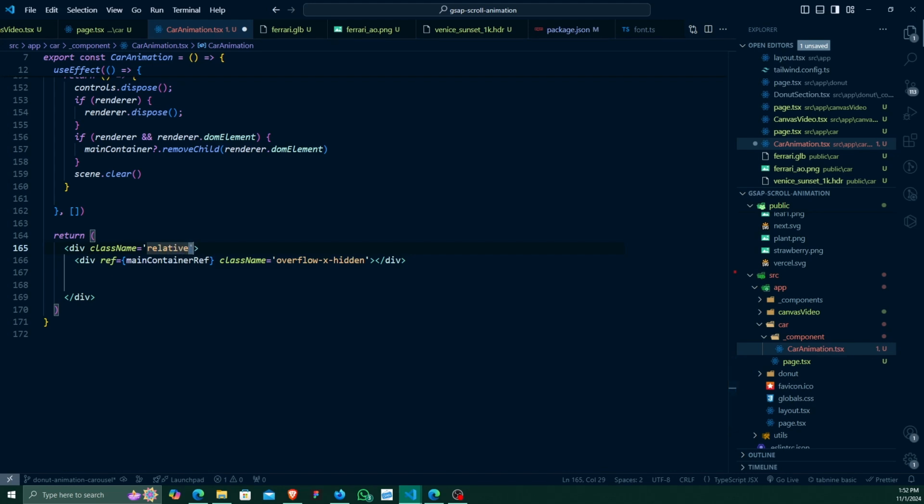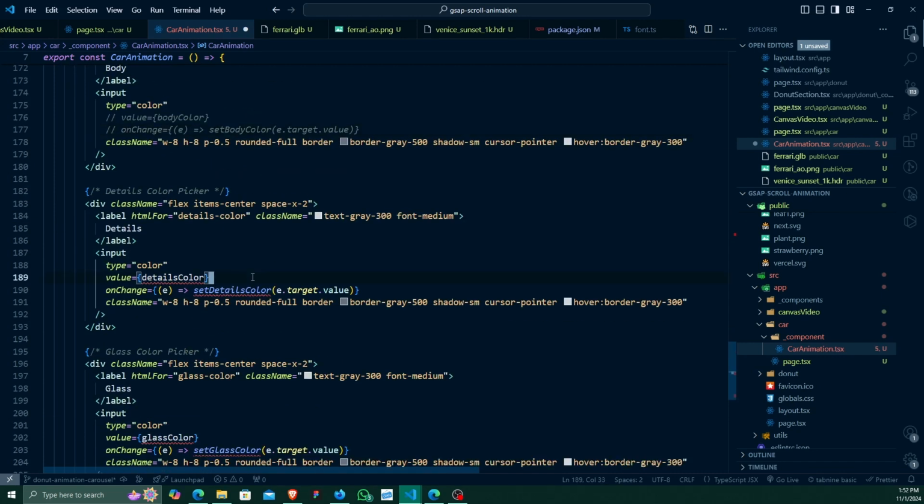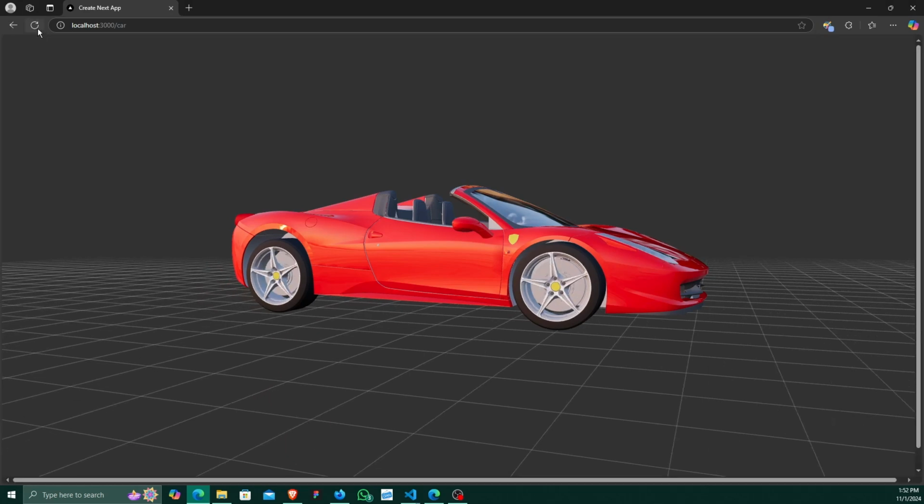Relative, and I will just copy and paste this code right here. So it is using some value. I will just comment this code and I will write this function later. I will comment this code, and if I save this,